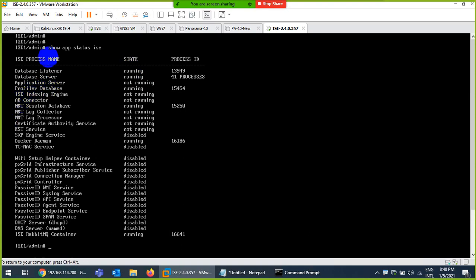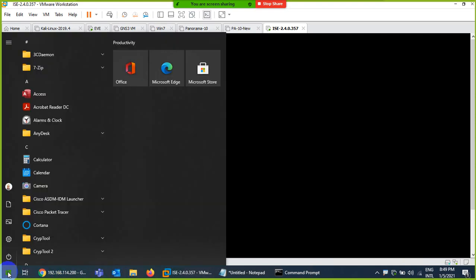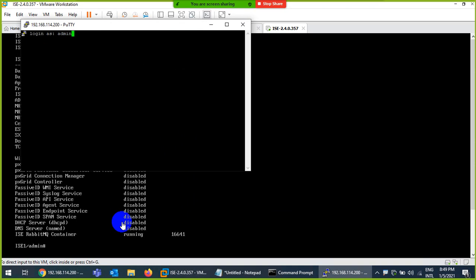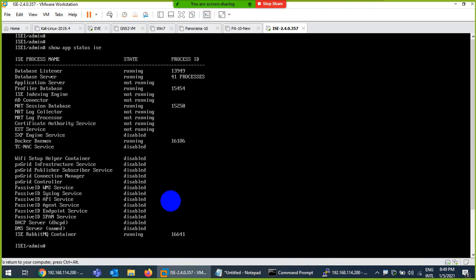This one, the application server, is not yet running. We can also do SSH, because you remember in the first-time configuration we enabled it. 114.200 is the IP address, SSH was also enabled, abc@12345. So you can do SSH if you don't like this way.